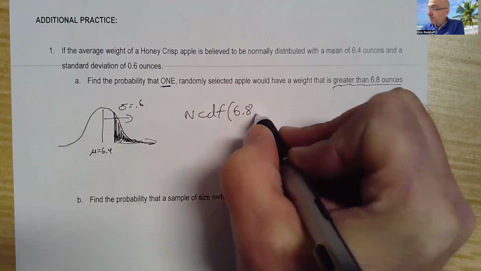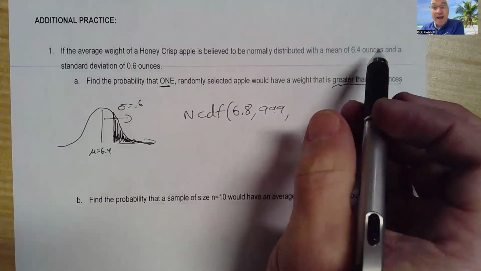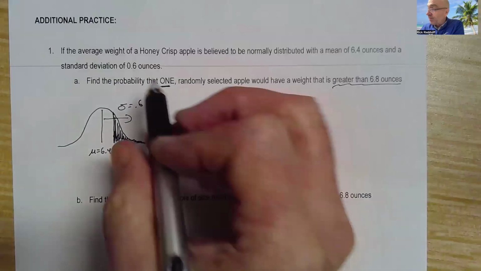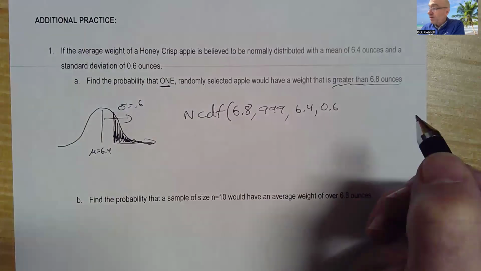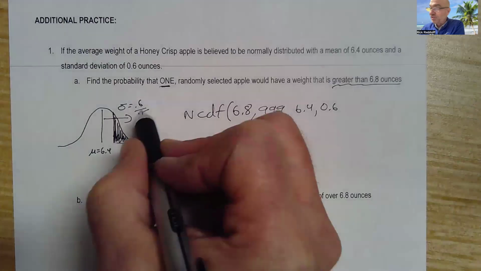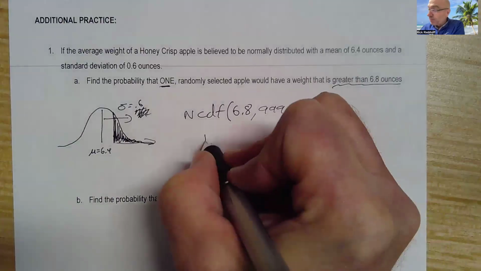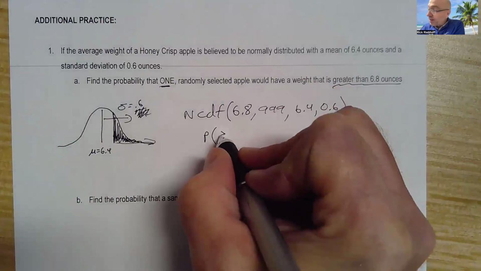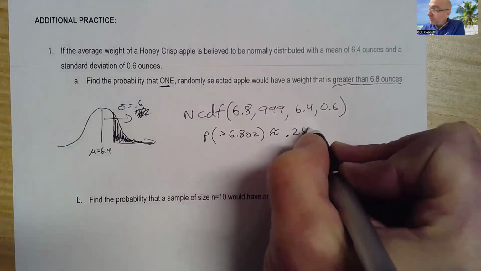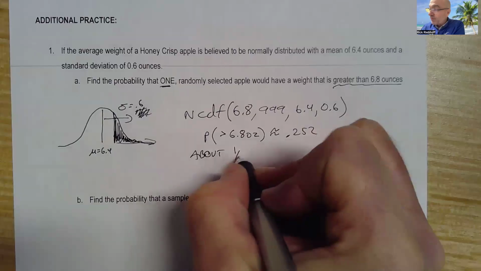My highest is a big number. That's big enough for these apples, right? A 999 ounce apple would be incredibly big. And then the mean of the population is 6.4 and the standard deviation of the population is 0.6, right? You could also think of this as a sample size of one. So you could have this, right? If it's a sampling distribution, but that's just 0.6, right? So pop that in the calculator and we get the probability of an apple that is greater than 6.8 ounces is around 0.252. Okay. So about 1 out of 4 apples